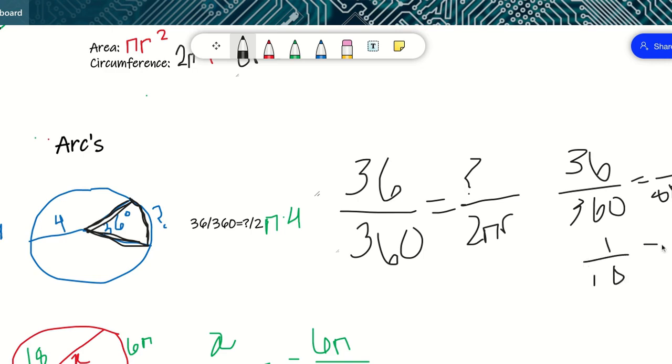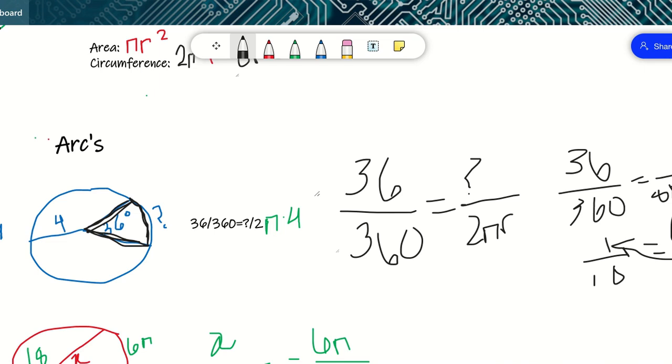So 1 over 10 is equal to the arc over 8 pi. If you know how to solve basic ratios, then you know what we would do is 8 pi times 1 divided by 10. 8 pi times 1 is 8 pi, and 8 pi divided by 10 is just